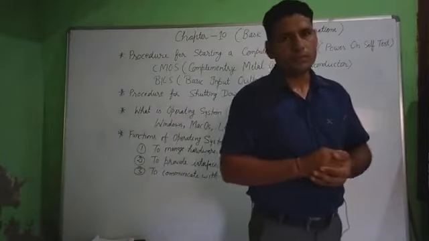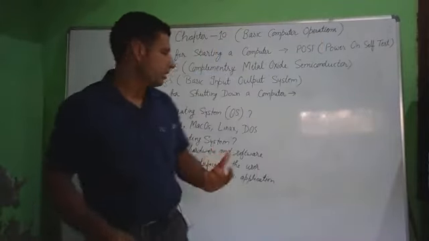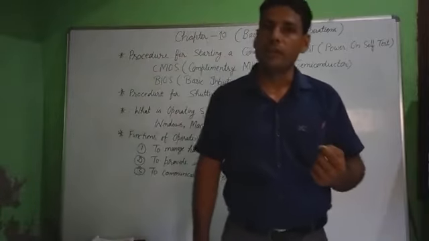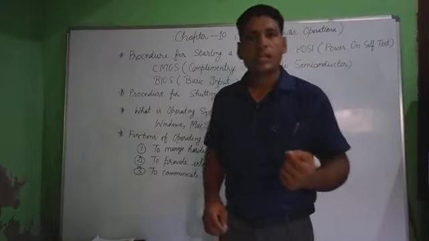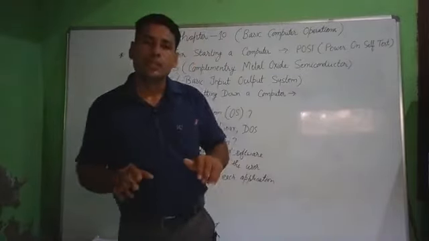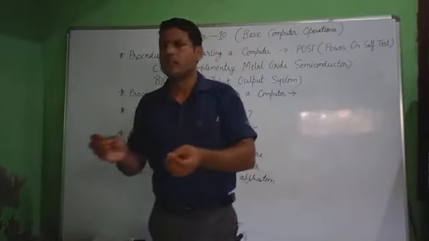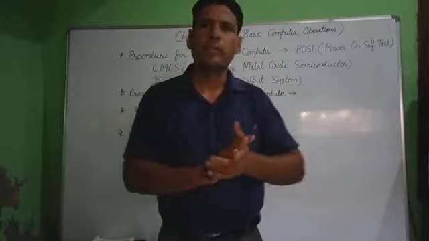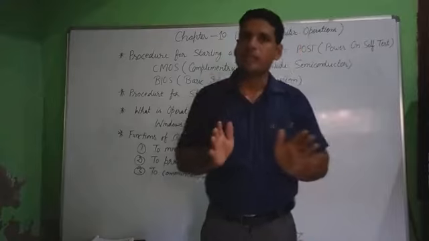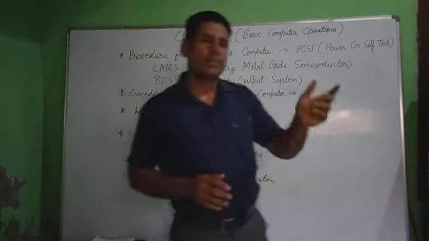Now, what is the name of that operating system? That is DOS, Disk Operating System. In this software, what can you do? You can give commands by typing in your computer, and then you can do your work. A black screen will be displayed. No button will be there, no menu, no taskbar, nothing. Only a black screen will be there, with a blinking cursor, and then you can do your work